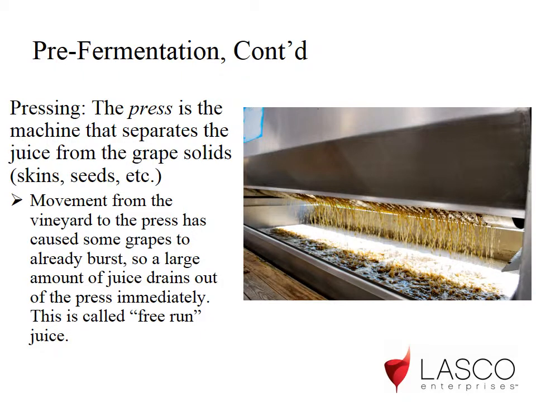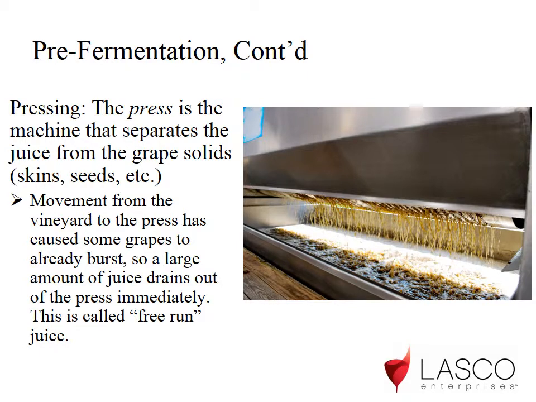This is called free-run juice. Free-run juice is considered the best, most pure juice the grapes have to offer. It is highest in sugar and acid, and because it has spent little to no time in contact with the skins, seeds, and such, it has not picked up any potential bitterness from tannins or other phenolic compounds. Approximately 60 to 70% of the juice within the grape is free-run juice